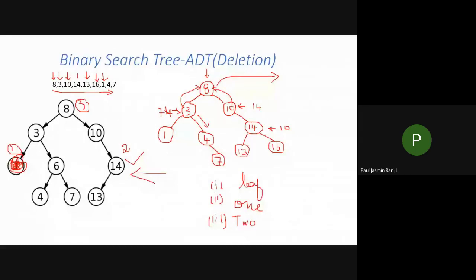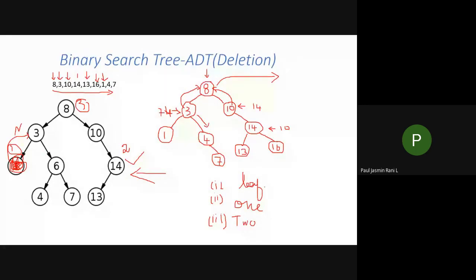Instead of having the left child node address as this particular node, I have to mark the left child address as null. It means that indirectly you are removing this node from the tree. Can you follow this? When you mark the left child of this particular node as null, automatically this node will be removed from your binary search tree. So this is the rule you have to follow for your first case.